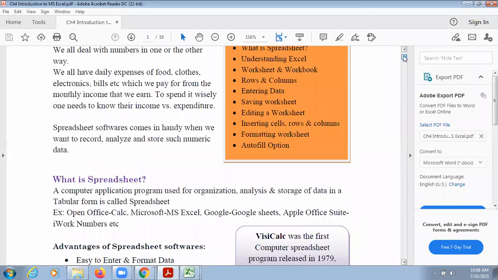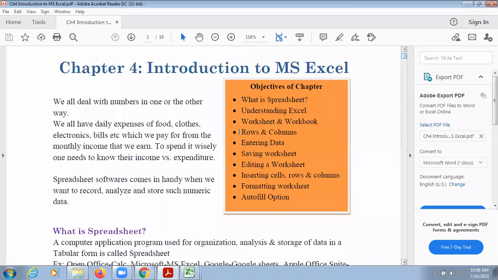Now let's understand what we can do with the help of these spreadsheets. In our daily life, we use numbers in one way or another, like our daily expenses on food, clothes, electronics, bills, etc. We manage our incomes and expenditures. For calculation purposes, most of the time we use Excel.